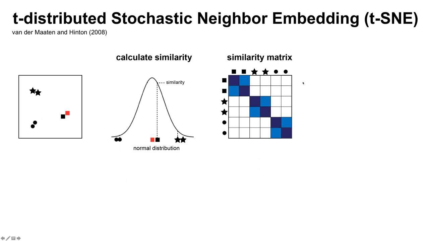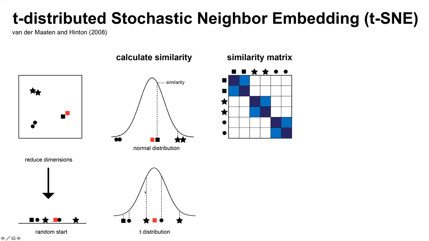So now we want to embed it in lower dimensions. And so going from lower dimensions, we go from 2 to 1. And so we want a one-dimensional representation of this high dimensional data. t-SNE starts randomly. So it takes the samples and just puts them into this one-dimensional space randomly. And it essentially does the same thing.